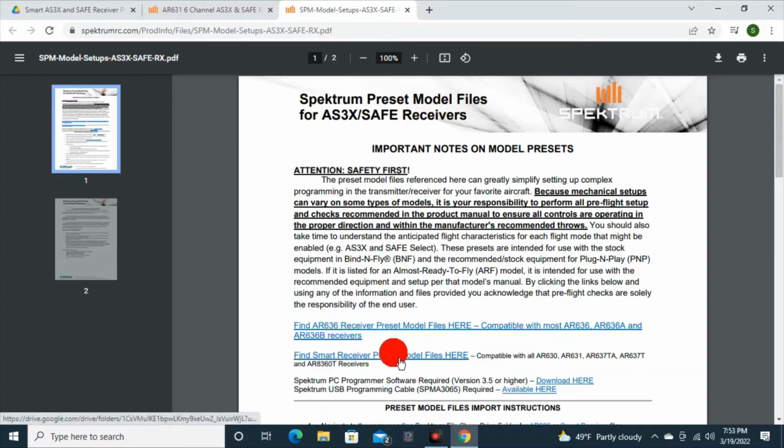And here is find smart receiver preset files. The newer receivers are smart. They've got the smart logo. So this leads us to